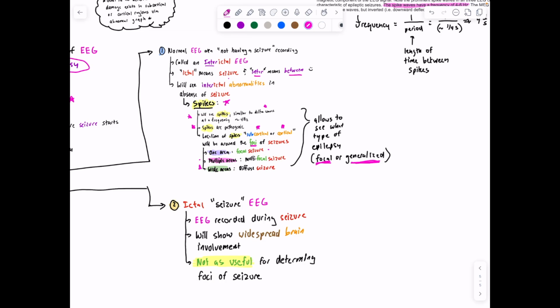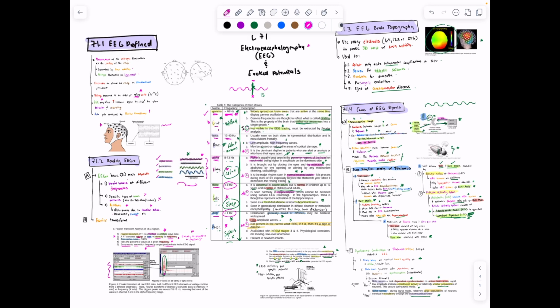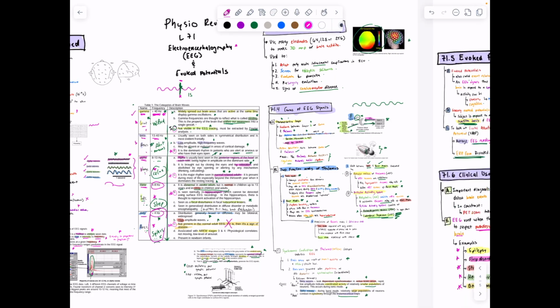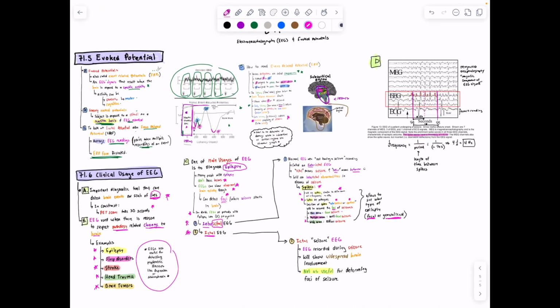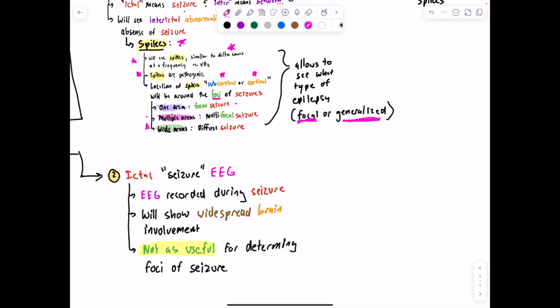And it will look a little bit like delta waves, but remember we said delta waves are great bears always take dance, and delta waves are spikes, and they are not normal. They are pathogenic, right? So spikes, not normal. We should not see those. And ictal